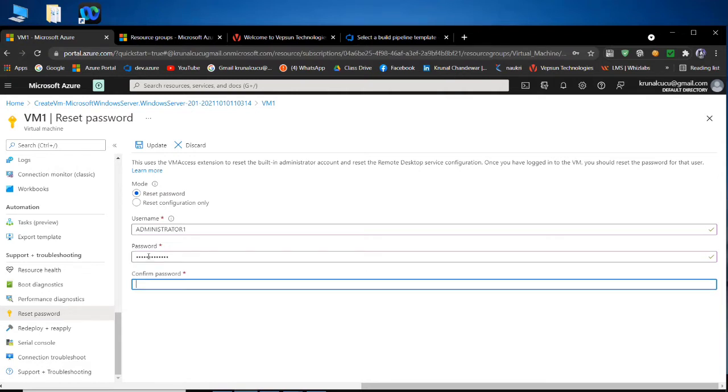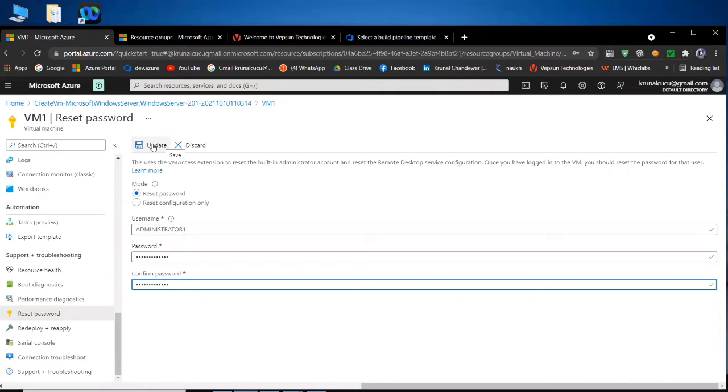Password 12345. Here also repeating the same, password 12345. Before we had 1, 2, 3, 4, but now I wrote 1, 2, 3, 4, 5, and you have to press here on update.